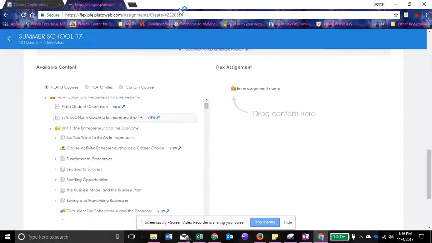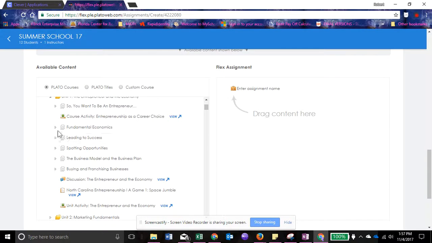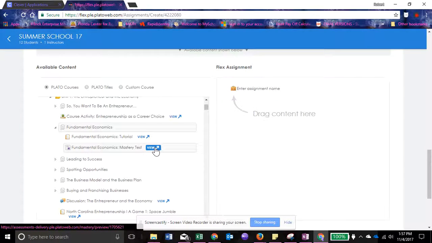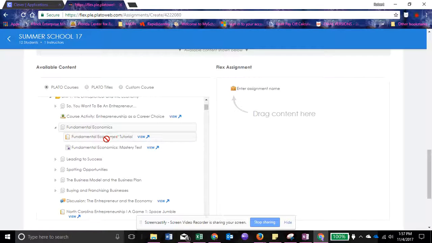So let's back up and go back to here. So now let's go into one of the actual lessons, fundamental economics. Here you have a tutorial and a mastery test. Usually the tutorial has notes and interactive portions to help the student understand this topic of fundamental economics. And then the mastery test is a short 5 to 10 question quiz that is graded to evaluate what the student knows on fundamental economics. So let's click on view here